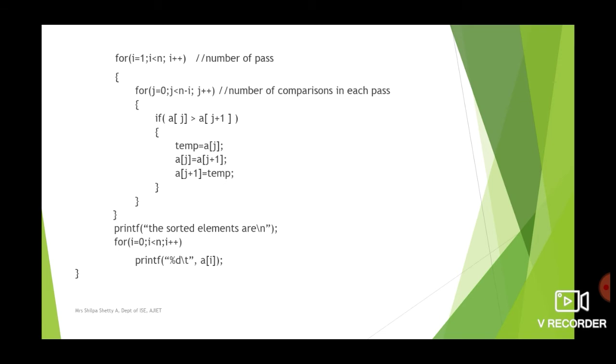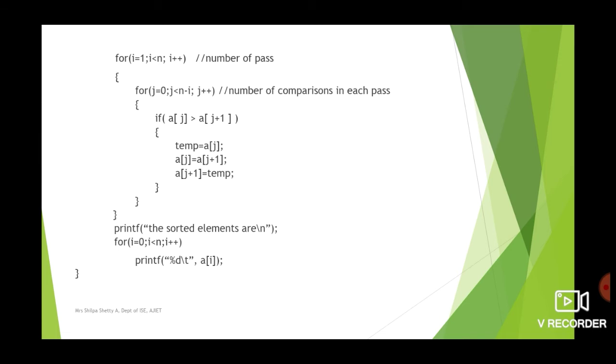So that is about the 2 for loops. Keep in mind the first for loop represents the number of passes. The second for loop represents the number of comparisons in a particular pass. So the next thing that we have is the actual comparison. We told you already, comparison is with the jth element with the j plus 1th element. So if the jth element is greater than the j plus 1th element, then the elements have to be exchanged. So if a of j greater than a of j plus 1, this is the comparison. If it is greater, we have to swap the elements.